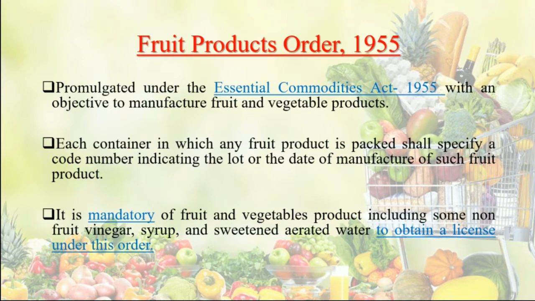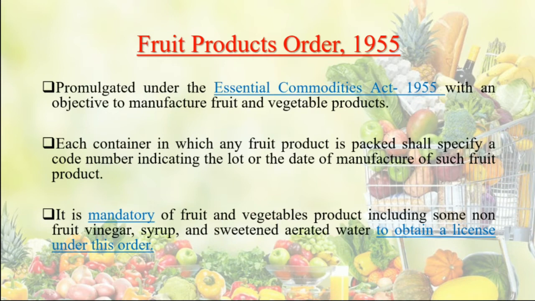So इसके अकॉर्डिंग ये है कि जितने भी फ्रूट प्रोडक्ट्स के लॉट्स हैं उन पे कोड नंबर होंगे, उनकी डेट ऑफ मैन्युफैक्चरिंग होगी. Like if a product is being packed, अगर कोई प्रोडक्ट पैक हुआ है फ्रूट से रिलेटेड, कोई भी प्रोडक्ट है, any product which is related to fruit, like canned fruits हैं, canned vegetables हैं, या कोई फ्रूट जूस है, और even the fresh